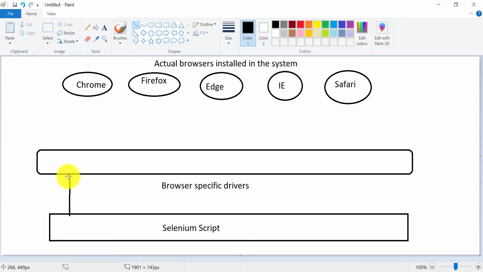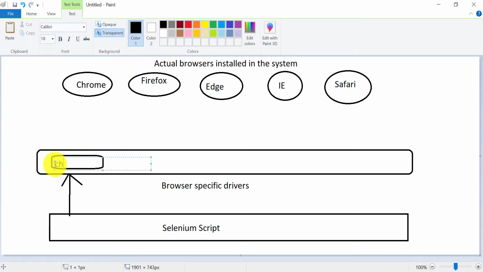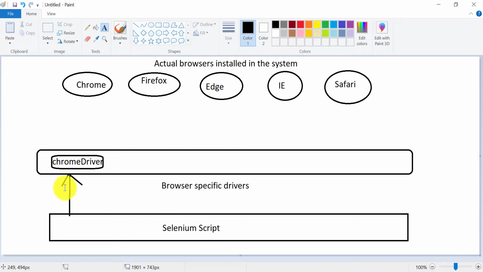This is our driver. Let's say this is our Chrome driver. Our Selenium script will communicate with the Chrome browser through this Chrome driver.